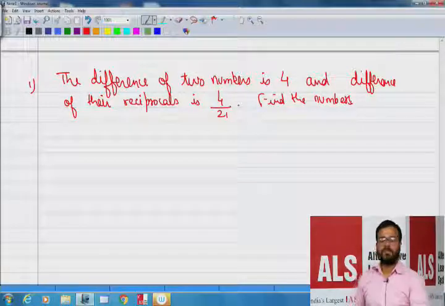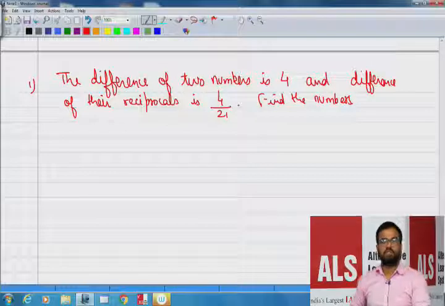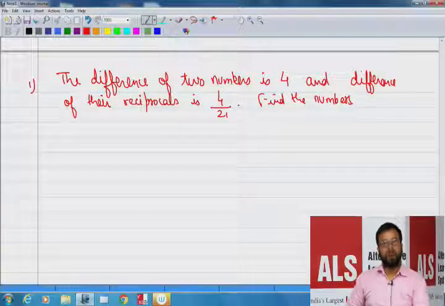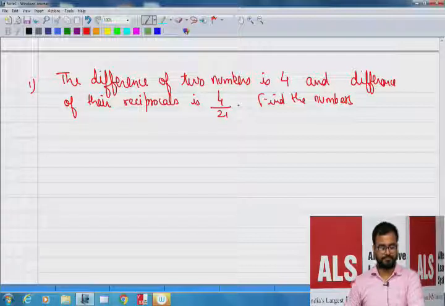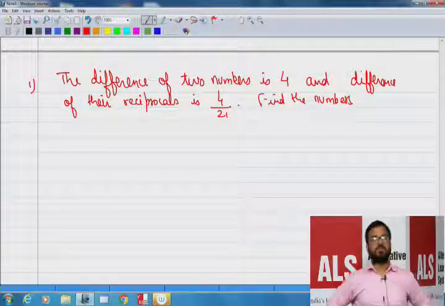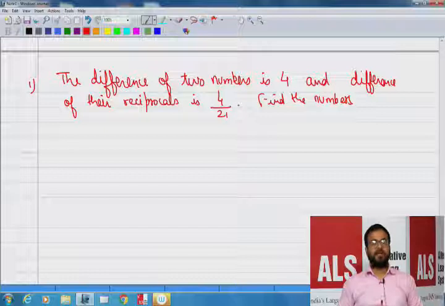This word problem says the difference of two numbers is 4 and the difference of their reciprocals is 4 by 21. Find the numbers. So you can take two numbers x and y and then apply this condition. Difference is 4 and the difference of their reciprocals is